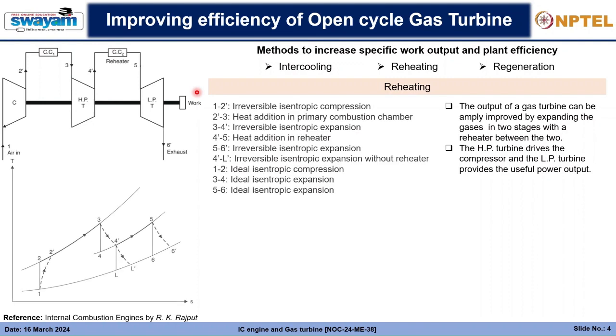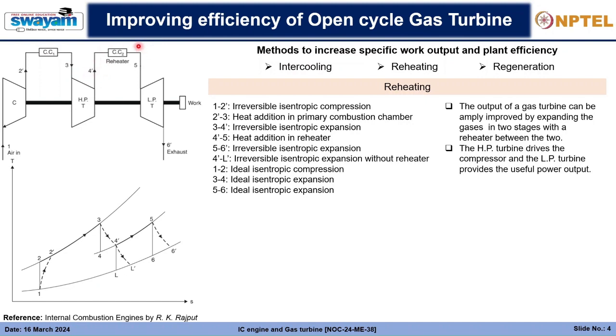And then we have a TS diagram of this process like this. There are two turbines but only one compressor stage. So 1 to 2 dash is the compression stage, and the pressure is increased from lower to higher pressure. Then at the combustion chamber, the heat energy raises the temperature from T2 dash to T3, and this is the inlet to the high pressure turbine. As the gas expands in the high pressure turbine, it goes from point 3 to 4 dash, and in the 4 dash stage